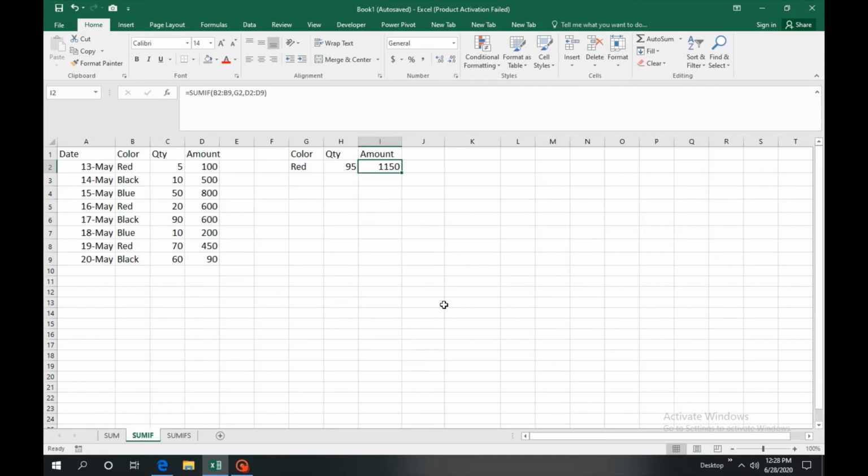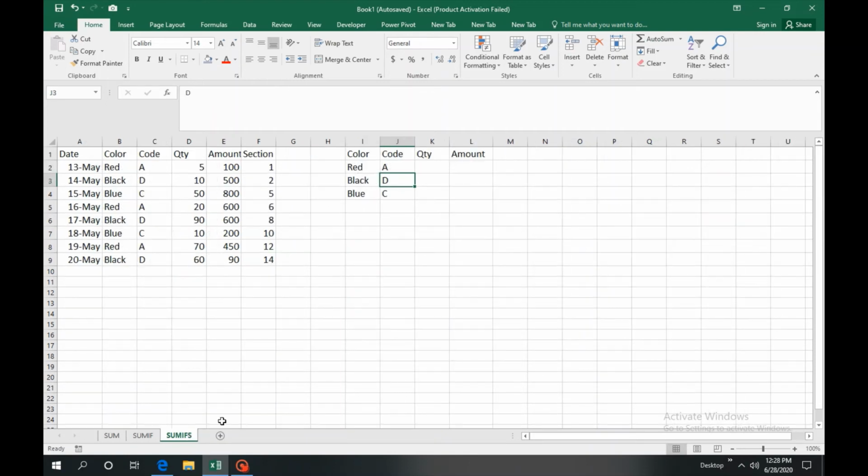So here is the result we got, 1150. So this is how SUMIF works with the criteria, but SUMIF works only with one single criteria. If we want to use multiple criteria, we need to use SUMIFS.